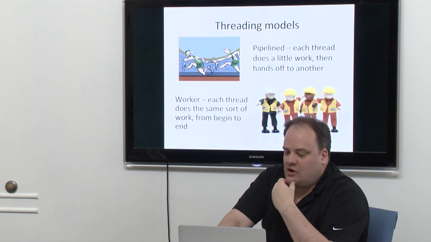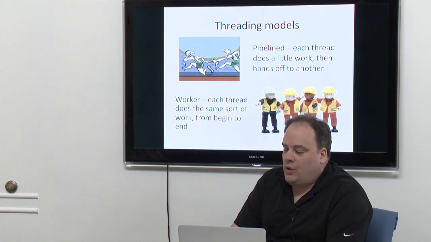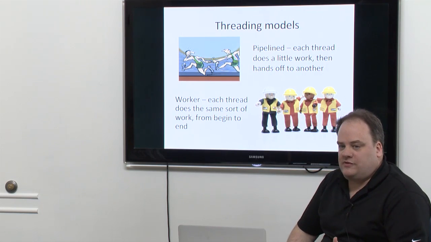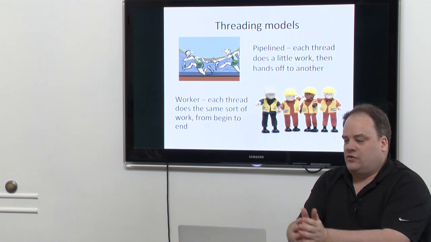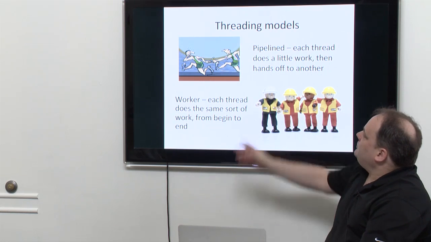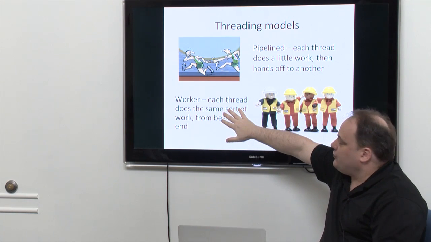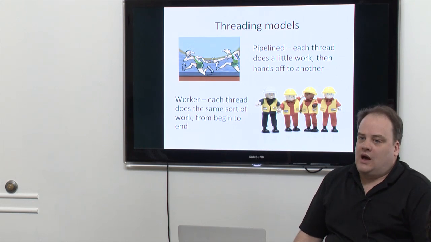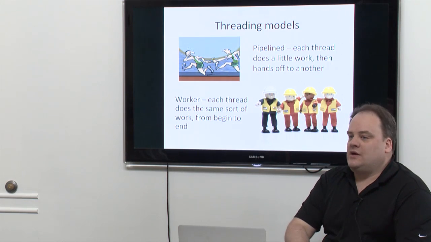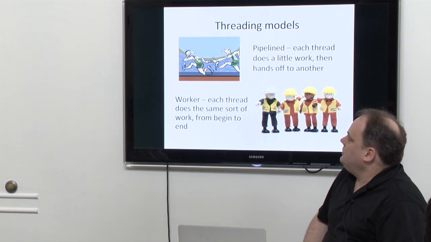So it's not just synchronization. We also have how we want to solve the problem. We have a problem, we want to reduce it to many cores. How do we do that? Well, one way is where each core does a different task. Take a TCP/IP stack: you might have one core receive the packet, another core process the TCP/IP headers, another core do the application layer. That's called pipelining, where each core has a different task. The other model is worker threads, where each thread does the same thing. For example, for a server, each thread receives a packet, does the TCP/IP header, does the application layer, does the response, all the way through from one end to the other.